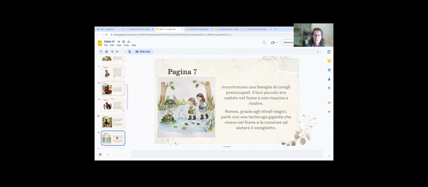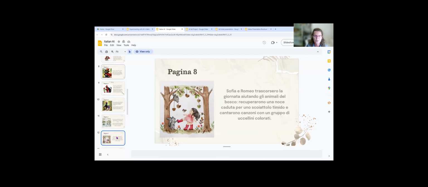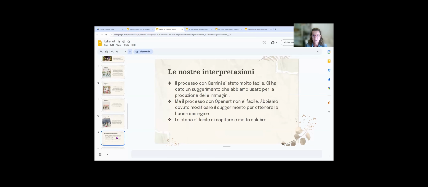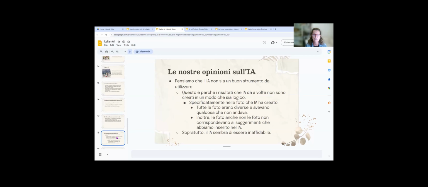And when we get here, they meet new animals and they become friends with the rabbits and the turtles. But the turtles look like rabbits, basically. The hair that they have. And this is what they discussed, right? And here the girl has 3 legs, right? So in the following slides, what they discuss and what they produced using their own Italian and their own language skills are the comments to the story and the images that AI created, right?